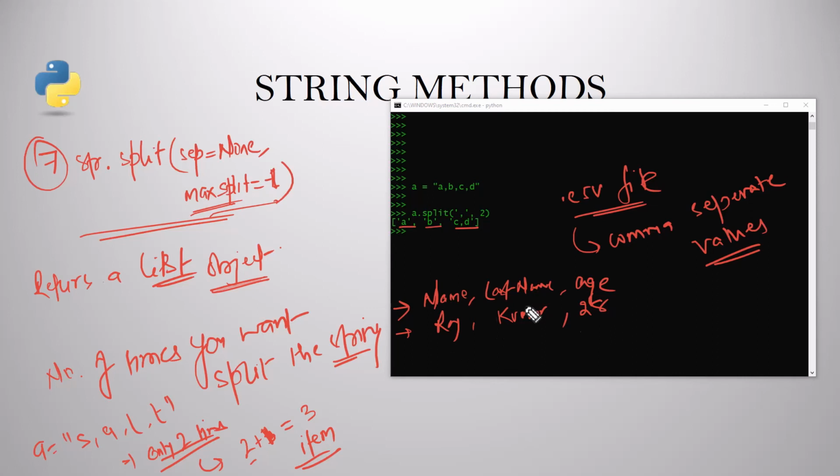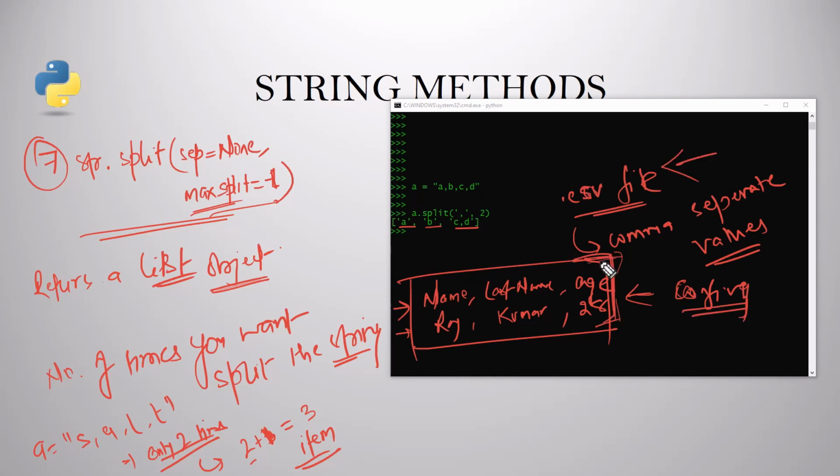So this is a file. If you are working with these types of files, these files are mostly used as config files. Or in your simple example, if you are taking this as a config file, you have to read these files. So what you will get when you read these files line by line,